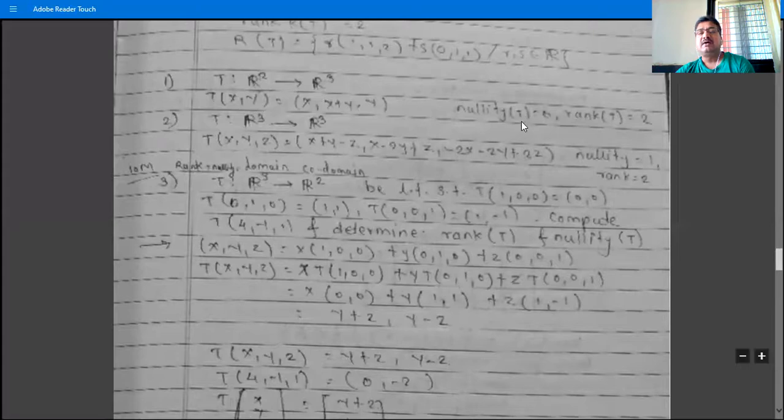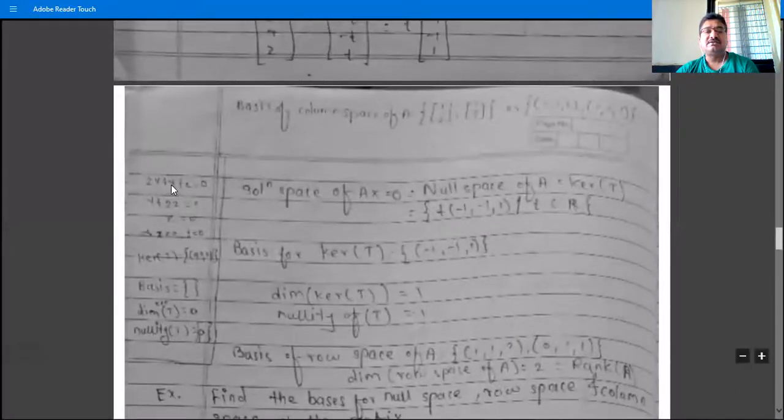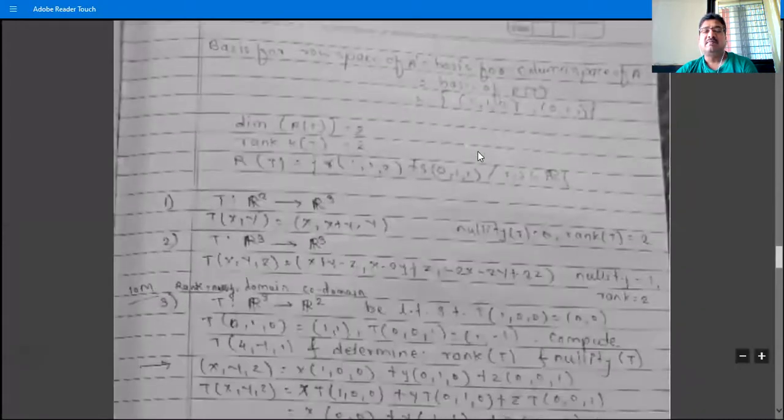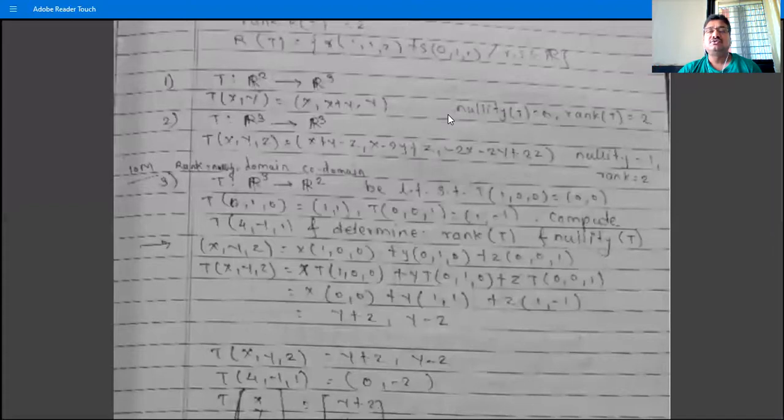In this case, after rewriting the equations, we have the same number of equations and unknowns, and then we have the kernel of T as the set {(0, 0)} only, the one element. Here it is (0, 0) because R2 is the domain. So the kernel of T is equal to the set {(0, 0)}, only one element. Therefore the nullity of that linear transformation is 0, and the rank of T is 2.